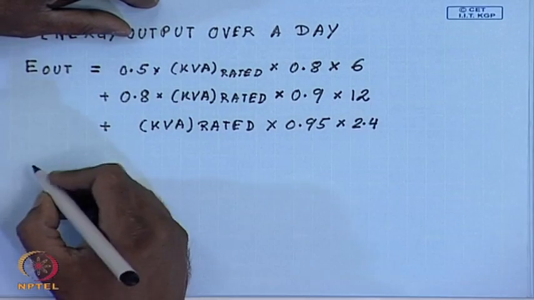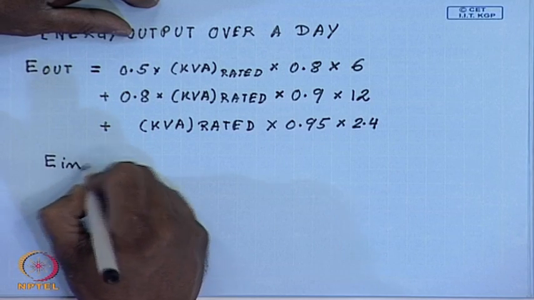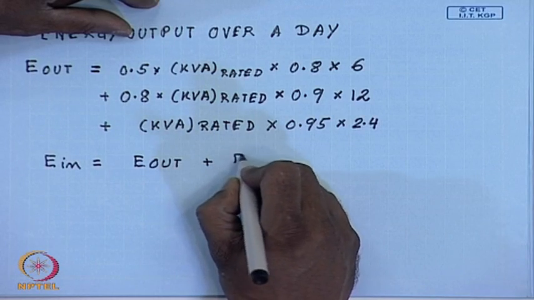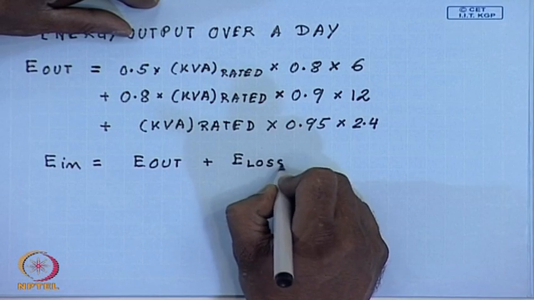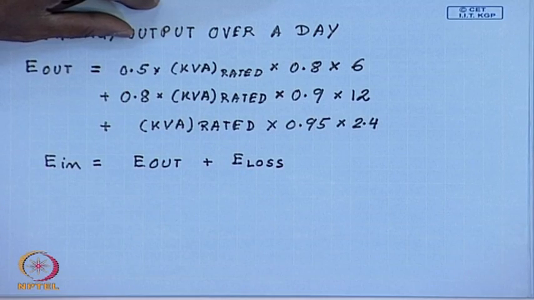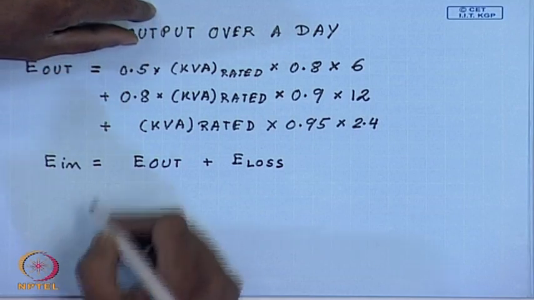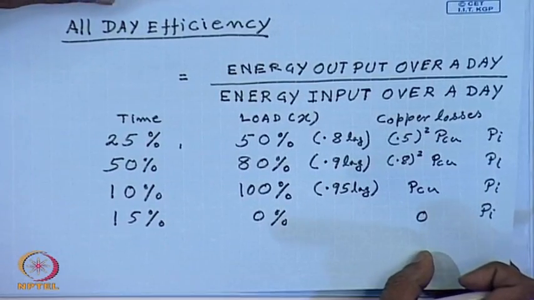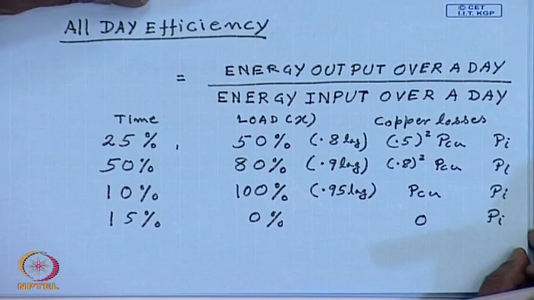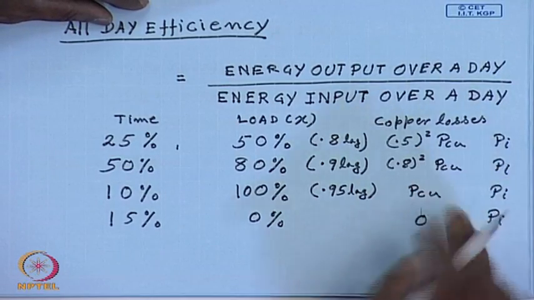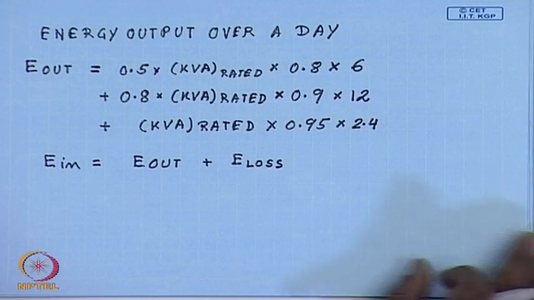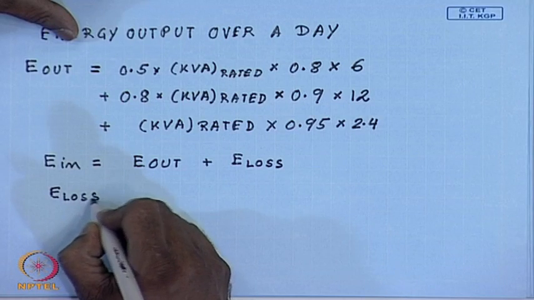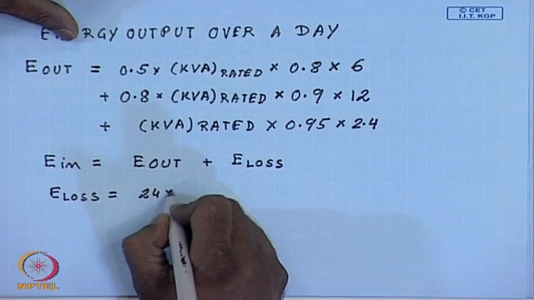What is the total energy input? E in is equal to E out plus E loss. How do I calculate the losses? Losses we can find, since we know that the core loss remains constant at any loading and the copper loss is given by these values. So, total energy loss E loss is equal to 24 hours into P I